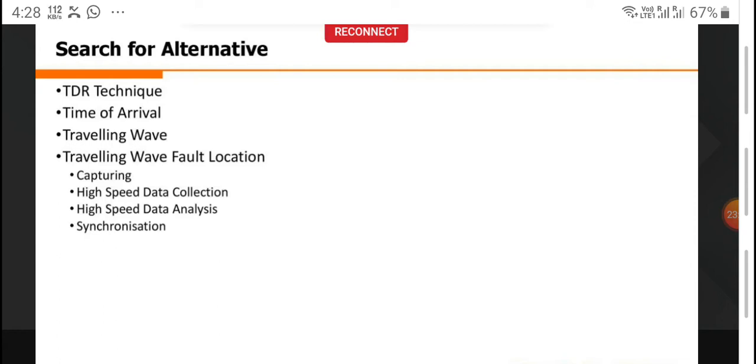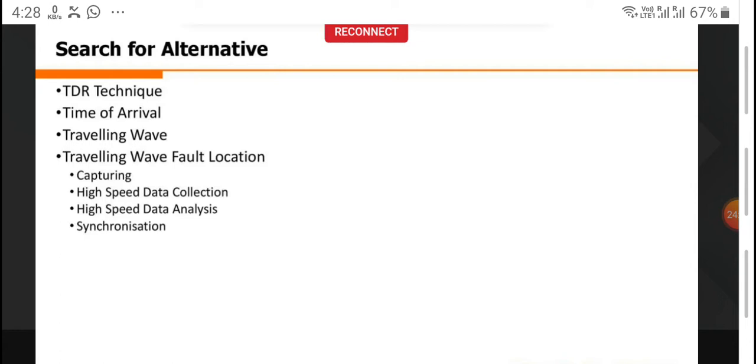So this is one option available, but let's go forward keeping in mind the limitations that this solution offers. Second comes the time of arrival. The principle of time of arrival is the principle that is used by the traveling wave fault location system itself. Now, with this particular principle,